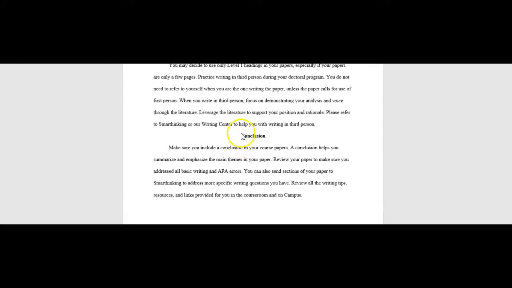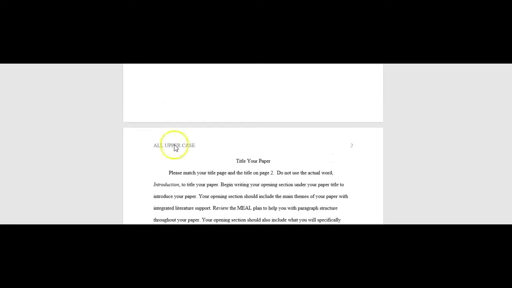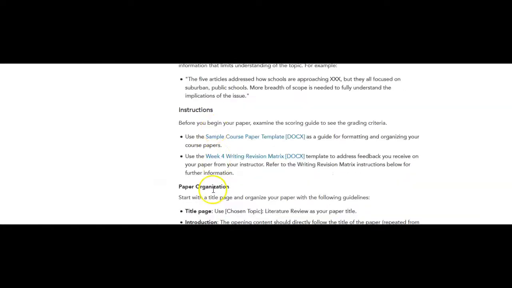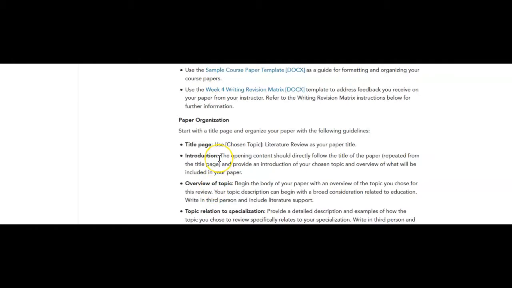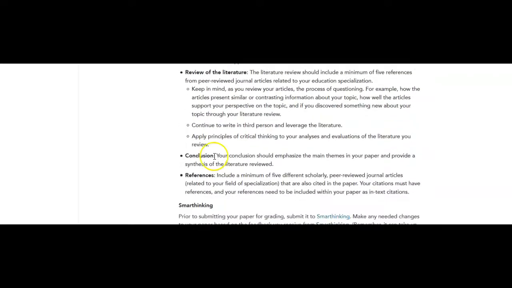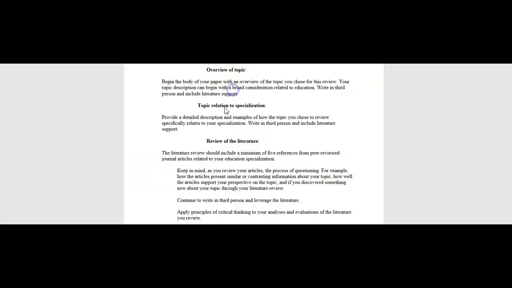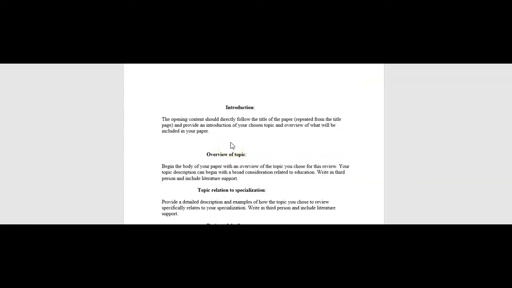By the way, you never use conclusion or introduction as a title for a heading. So even though it says you have an introduction, give it a different title than that. Overview of the issue. Even though conclusion, don't call it conclusion, call it summary or synthesis of ideas presented, something like that. Now I suggest that you can take that sample paper and just use it,